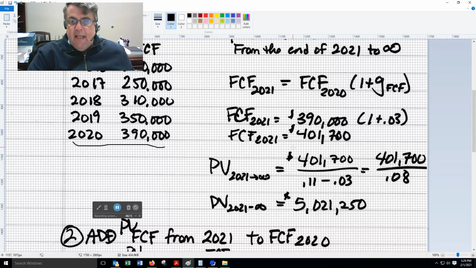Okay. We take that and we're going to multiply it by 1 plus the growth rate. There's the formula. So we take the $390,000 they made in the 5th year, that's 2020, multiply it by 1 plus the growth rate, that's 1.03 times 390, and we're going to get this 401,700. That's the free cash flow